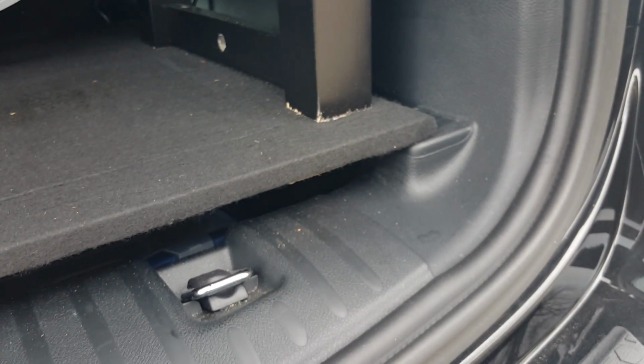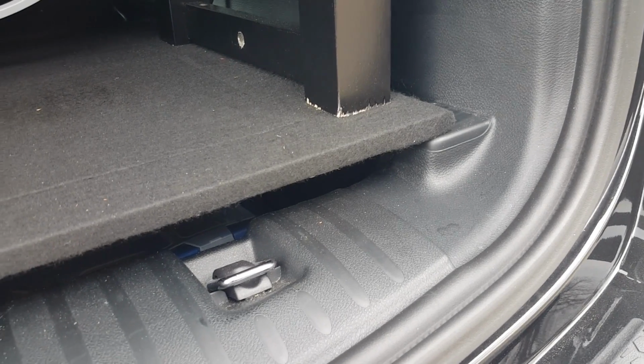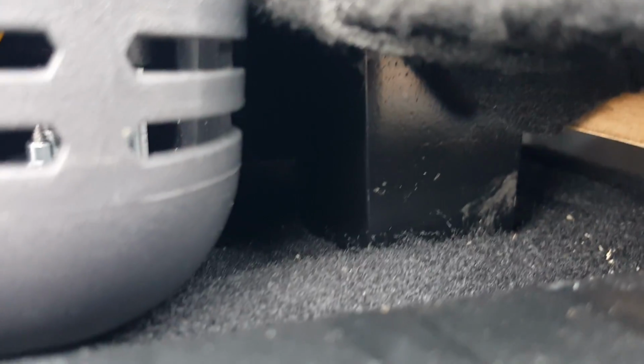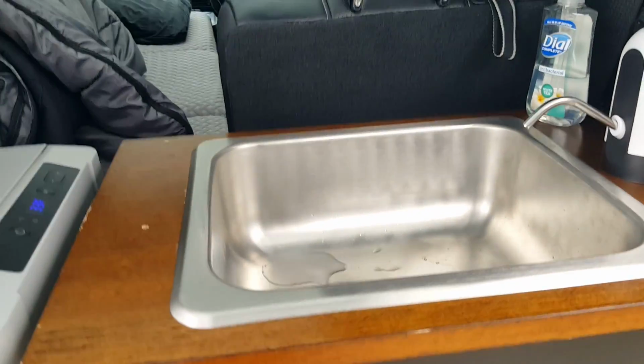And this floor, I call it a sink base. I custom made this so that it fits in the van and keeps the sink level, which is difficult to do because cars, like for example, there's this thing. Not even sure what that's for, but there's not another one over here. So I had to put a leg on there. I don't know if you can see that. And then on the other side, there's a longer leg there, and a shorter leg on that corner, and then no leg on this corner. And I had to do all that jankiness to make the sink level, which is important so that it drains properly. Anywho,